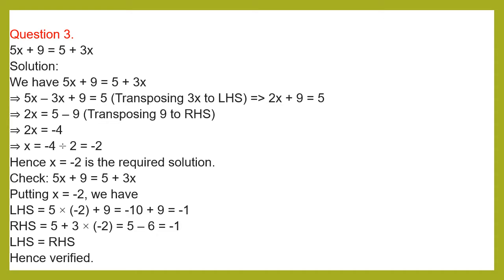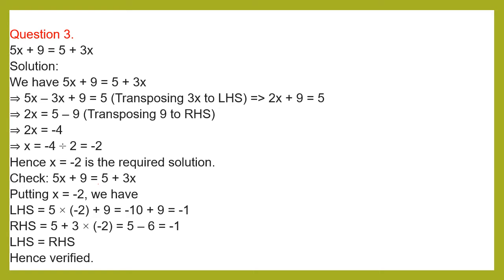To verify this, let us take the equation 5x plus 9 equals 5 plus 3x. Putting x equals minus 2, let us take the LHS. 5x plus 9. 5 into x value, which is minus 2, plus 9. Plus into minus is minus. 5 twos are 10, plus 9. One minus and one plus sign is there, so again we need to subtract. In 10, 9 goes, we'll get 1. The greater term has a minus sign, so the result carries the minus symbol. So minus 1 is the value of LHS.